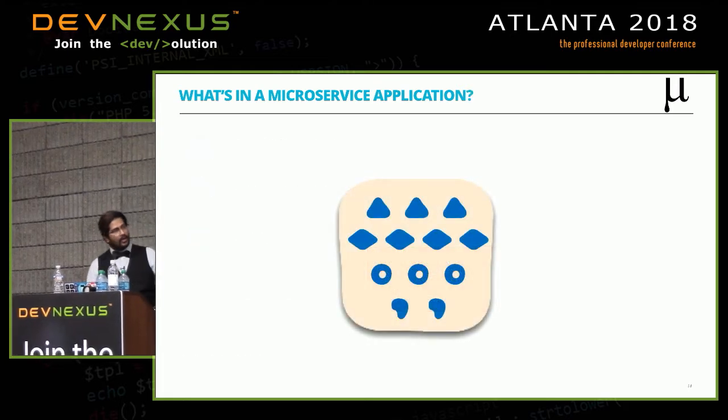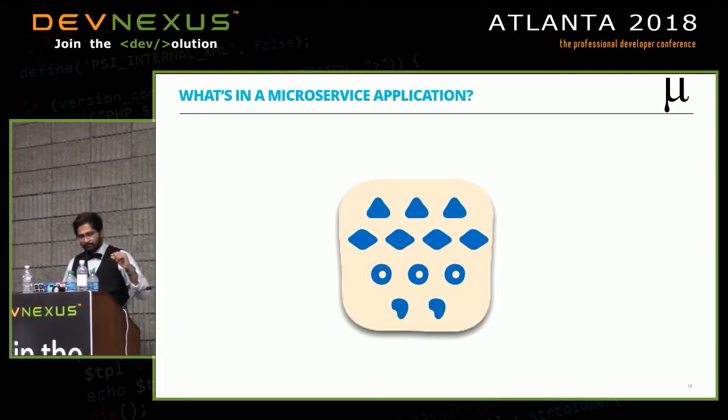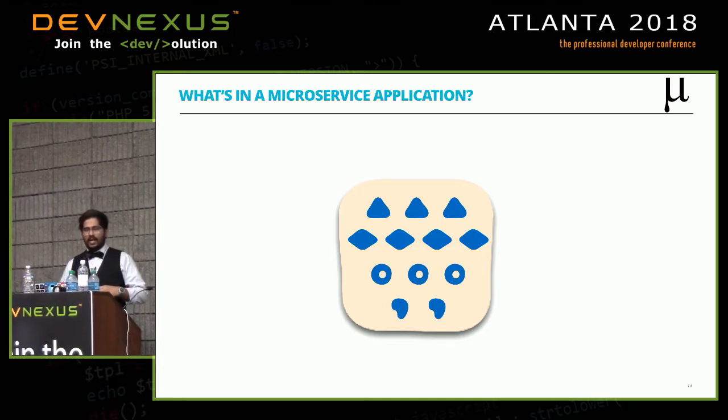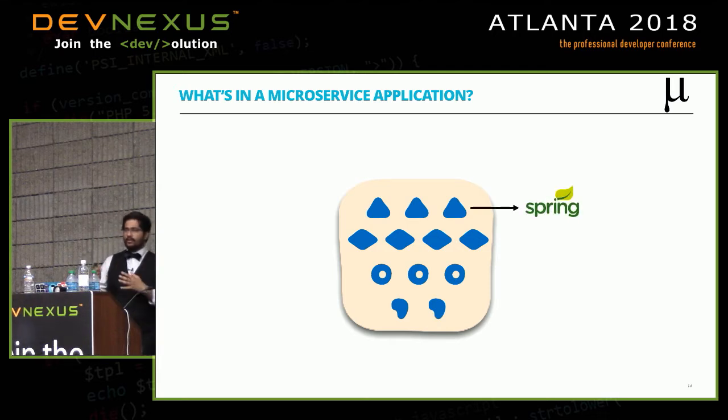So let's go back to what the application looked like. We had all of these different components structured in layers. And the important thing to remember here is that we're using Spring to actually make our controllers work. Spring takes care of the wiring. As soon as the call comes in, it makes sure that my method gets called. I didn't write the low-level code. I didn't write the servlet, which actually did the parsing and made sure that the right method got called. All of that is abstracted inside Spring.